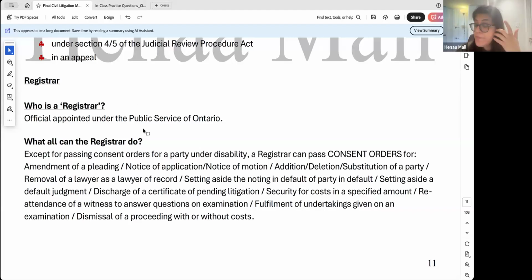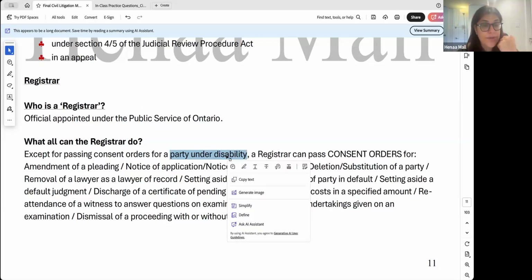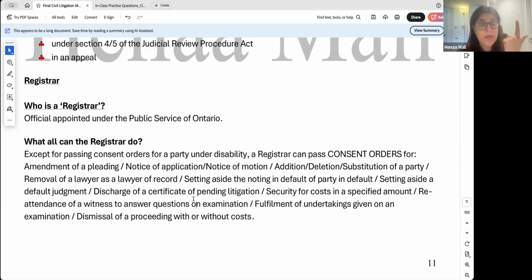Who is a registrar? A registrar is an officer under Ontario Public Service. What all can a registrar do? Except for passing consent orders for a party under disability, a registrar can pass consent orders for amendment of a pleading, notice of application, notice